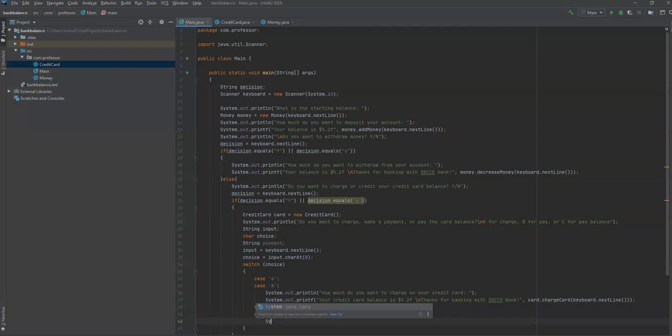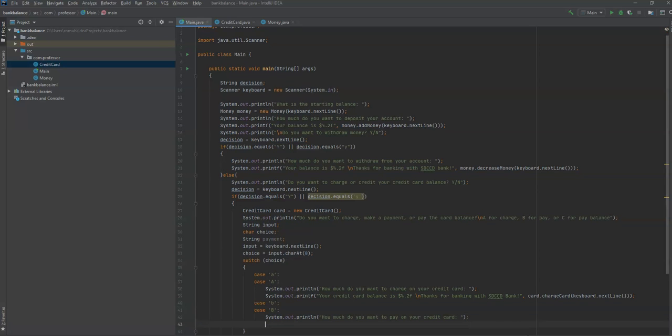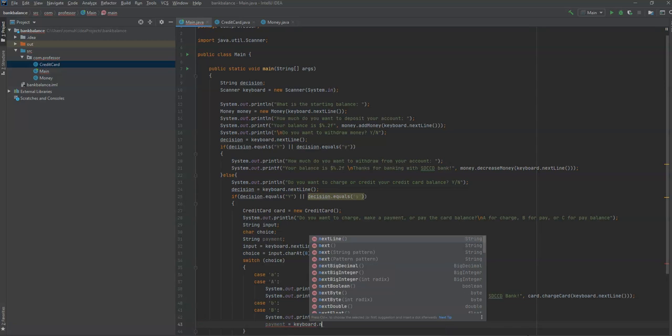And here we'll say System.out.println, "How much do you want to pay on your credit card?" That would be the second choice. And here we're going to go ahead and use the string variable payment, and we're going to say payment is equal to keyboard.nextLine, and we're going to